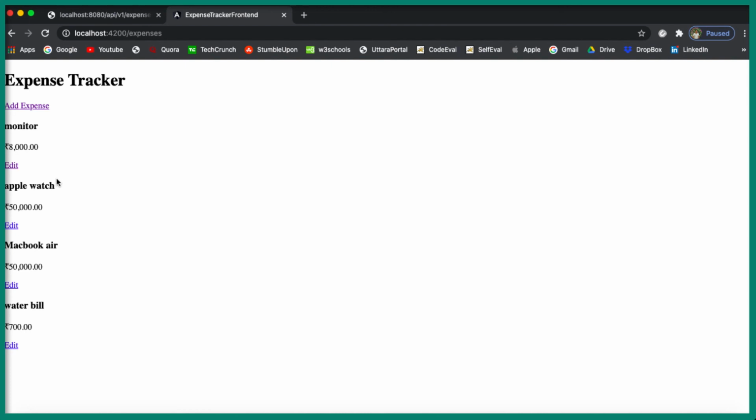So we don't have to do anything else for updating an expense. The post method, whatever we have written, the save method for adding an expense inside our Spring Boot application, that will work for the update as well. So now we have completed the read operation, the save operation and the update operation. The one last part which is left is the delete operation, which we will be doing in our next video. I will see you in the next video.